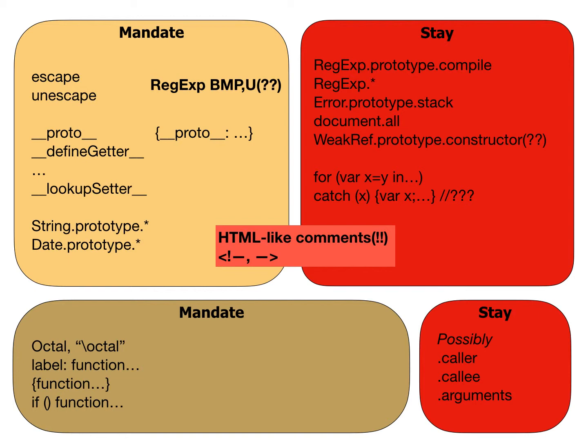And then the for var x equals y in, i.e. for-in where the declaration includes an initializer, is completely meaningless and useless, but I think it's accepted as part of the normal syntax. I don't think it was sloppy only. It was. It is sloppy only? Yeah. Okay. In that case, I'm much happier.